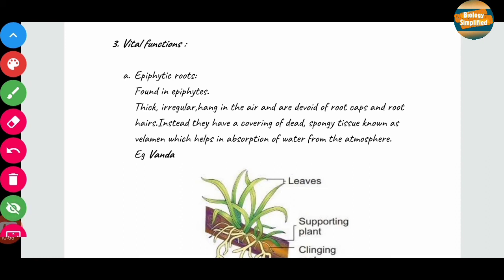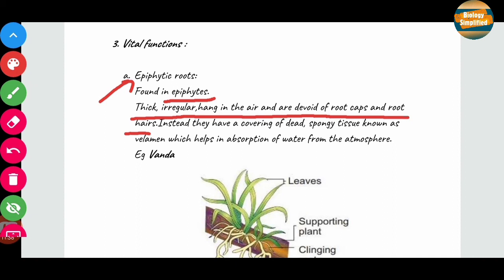Now, what are the epiphytes? Epiphytes are the plants which grow on another plant. So these epiphytic roots are present in epiphytes, the plants which grow on other large plants. They are thick, irregular, hang in the air and are devoid of root caps and root hairs. So these roots are thick and they hang in the air, and they do not have root caps